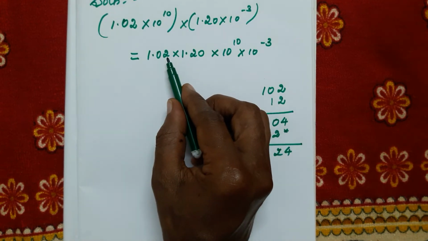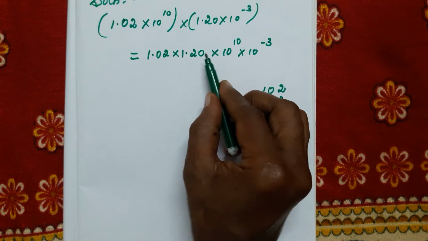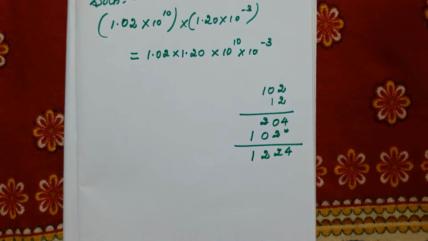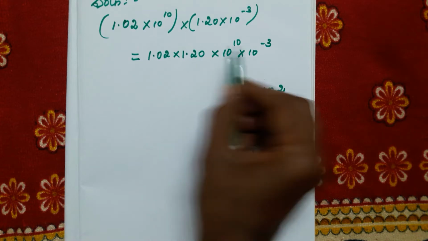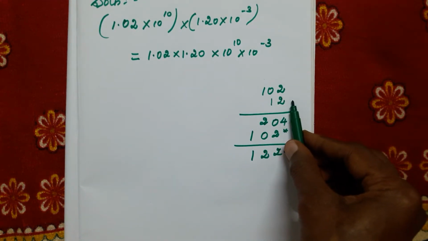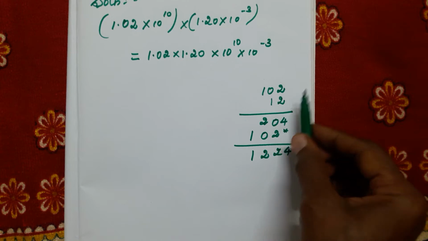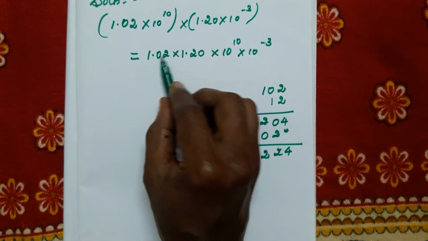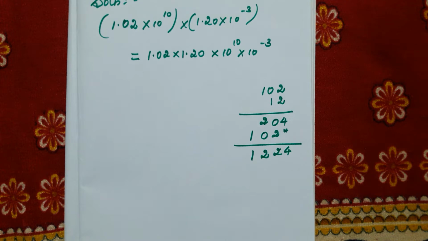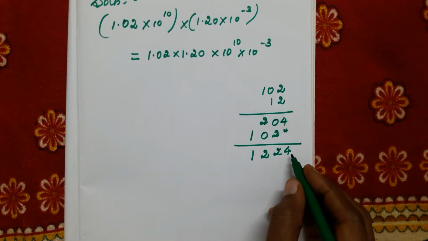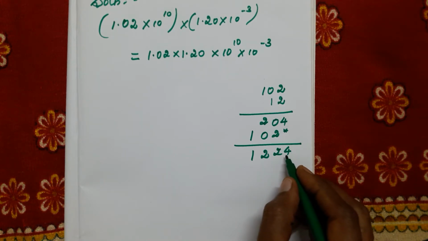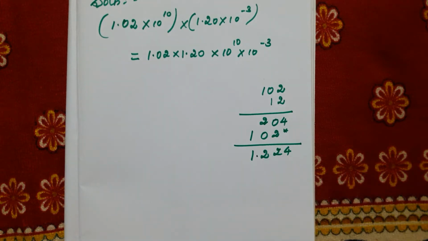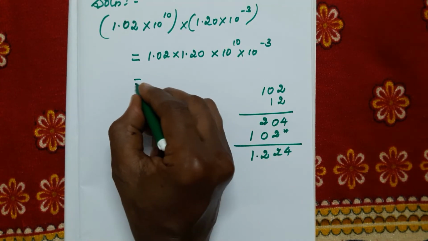So we have to move the decimal point how many places? Here, after the decimal place, how many digits are there? You want to count it. 1, 2, next 3. The 0 we didn't take when we are multiplying, so we need not include 4 digits. Here 1, 2, 3 digits. 3 digits we want to move the decimal point. When we are moving the decimal point 3 digits left, what we are getting? Here the point will become